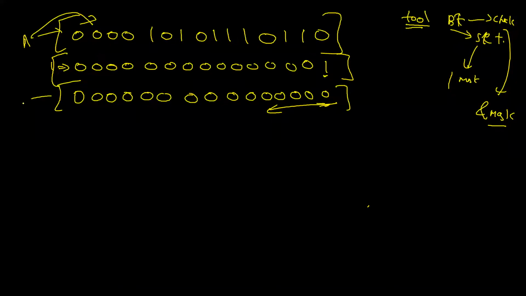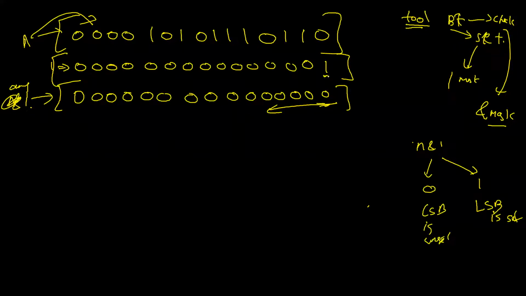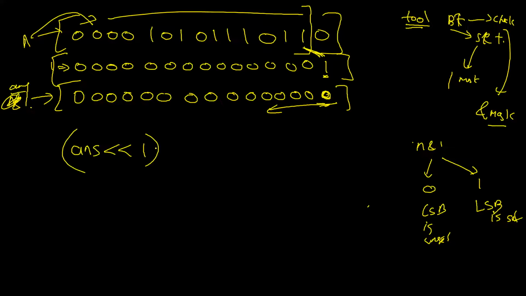ठीक है, so it is n ampersand 1, right? So I'm sorry, it is answer, right? So n ampersand 1 is 1, bit is set, LSB is set. If it is 0, LSB is unset, right? अभी देखो ध्यान से, अगर मैं देखा कि 0 है तो मैं इसको 0 ही रहने दूंगा, ठीक है। Now I shift this thing, ठीक है। Now अभी मेरा इंटीजर यही है। Again I just check if this value is correct or not. Like it is set, then what I'm going to do is I'm going to add, आंसर को मैं लेफ्ट शिफ्ट करूंगा एक, I am left shifting the answer,